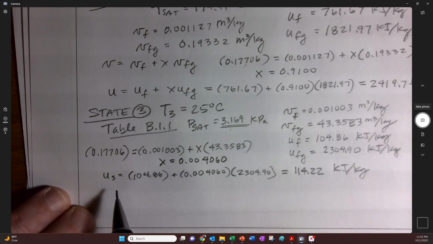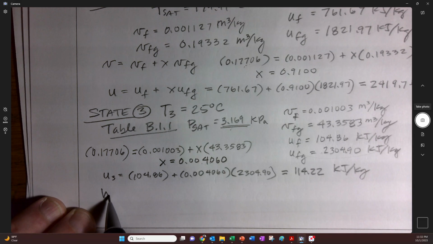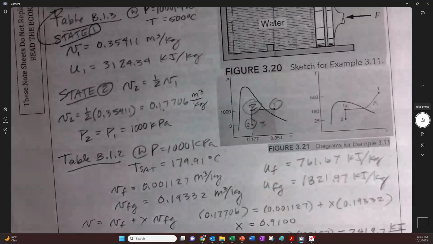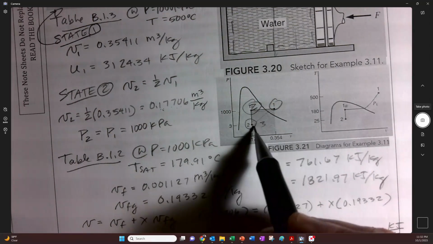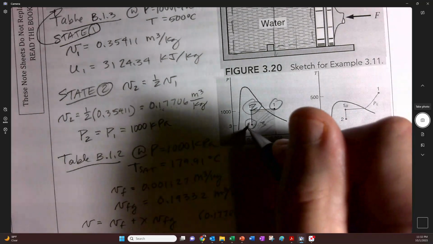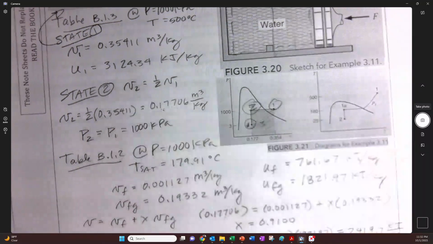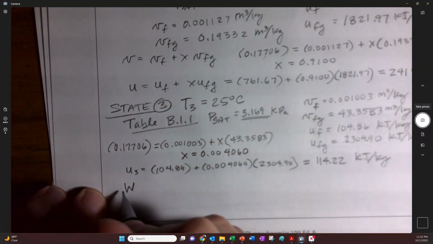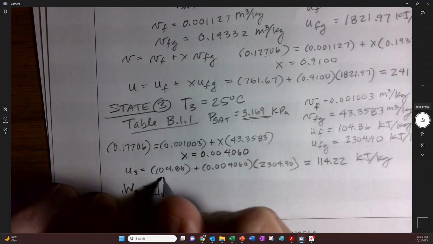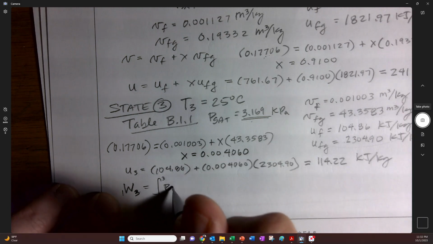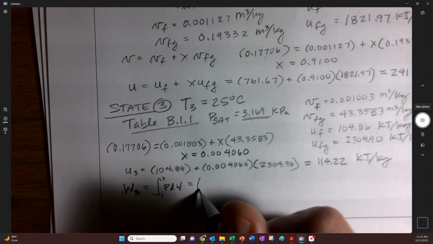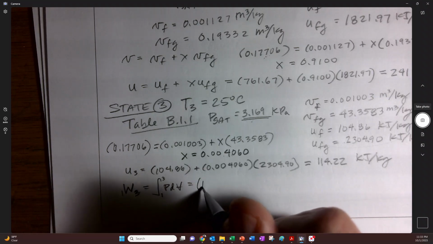See where I'm at. Okay, so I want to get the work now. So the work is only going to be that part that goes in a constant pressure, from here to here, right? It's going to be the area underneath there. You can see that nothing happens between what I dubbed 2 and 3, what they called 1B and 2. So call it 1 to 2 or 1 to 3, I guess 1 to 3, right? Integral from 1 to 3 of P dV. So this is going to be the pressure, because it's a constant pressure process at that spot. So it's 1 million